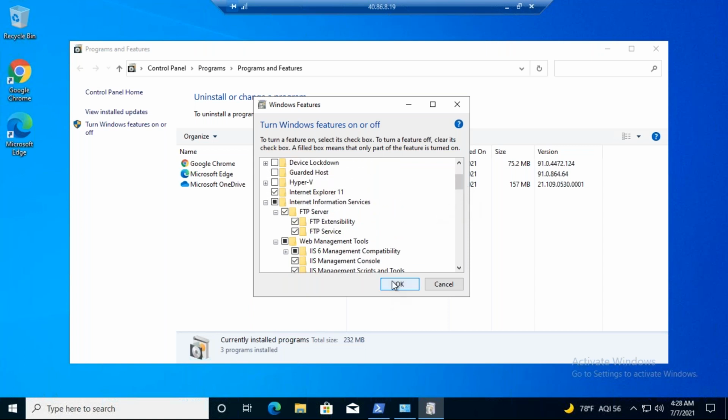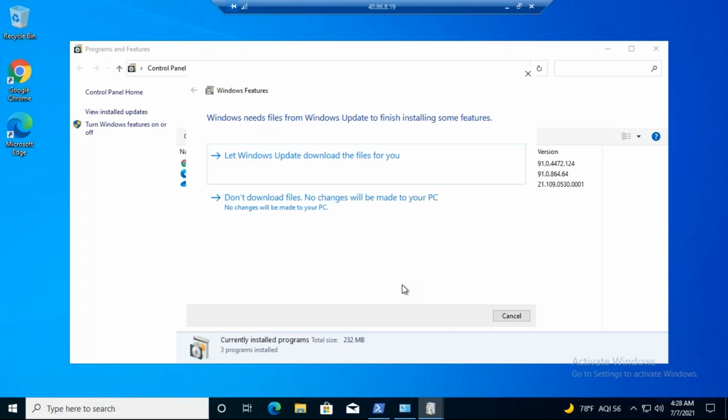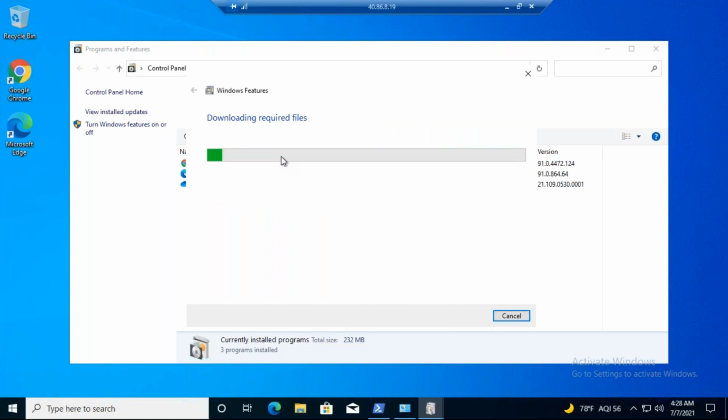Okay, click on OK. Now all the components which you have selected will be installed. Once the installation is finished, you have to test whether IIS is working or not. Here, let Windows Update download the files for you. Click on this.